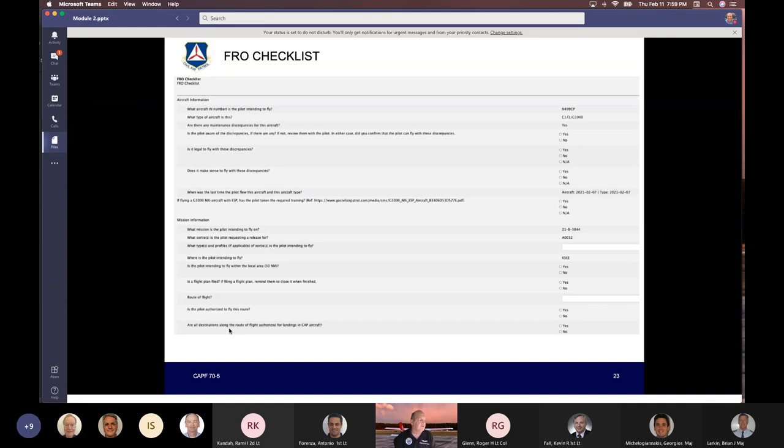And are all destinations along the flight authorized for CAP aircraft? Hence, are they paved California runways that are in the AFD? And that's a little sample of what that checklist is. As I mentioned, some of the more important questions at the bottom are: what's the biggest issue or challenge you might have with that flight? You'll indicate what those are, and we'll discuss how you can alleviate some of those stresses and